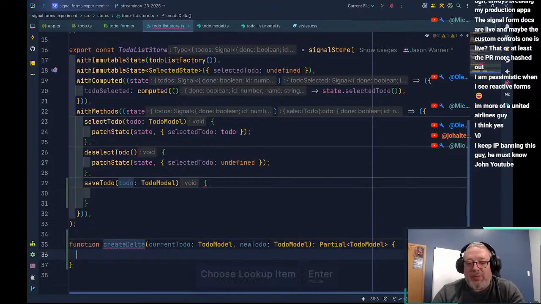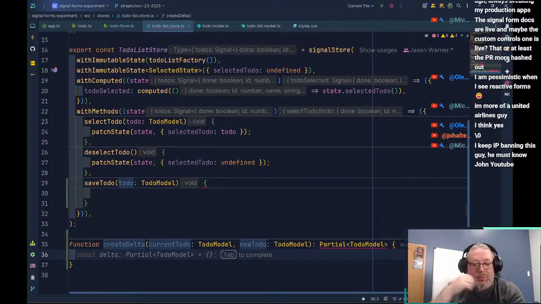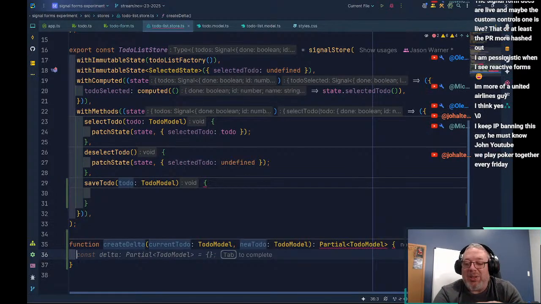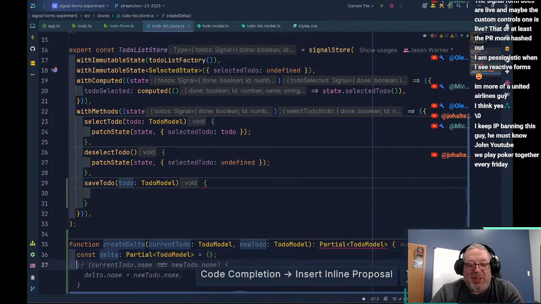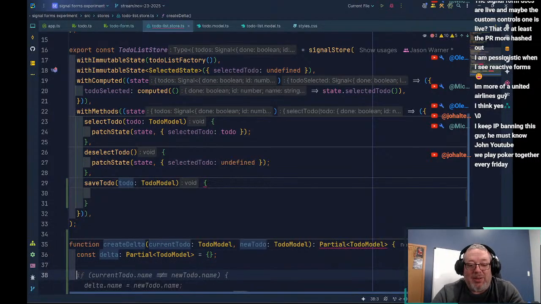So now we've got our partial. I'm really curious. I want to see what the AI does here. Very, very curious.